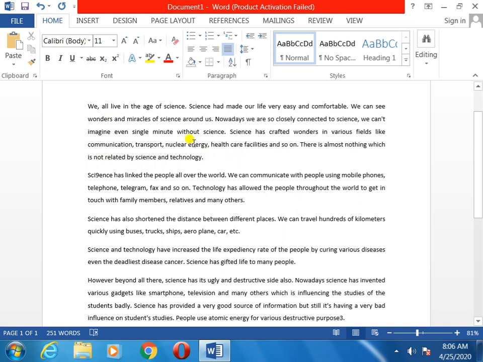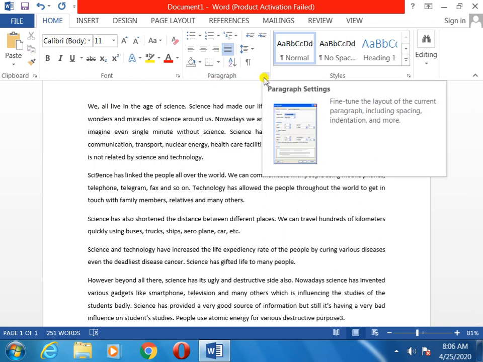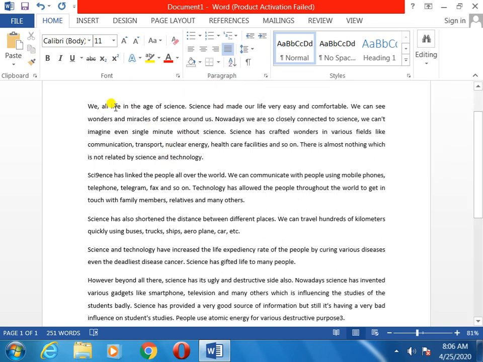So my dear students, today you learned how to change the line space and how to make both sides equal. Clear? So I hope you understood today's class. You will practice at home. I will take a test one day, then you will do it at home, and whenever we open the school, at that time also you will show me.